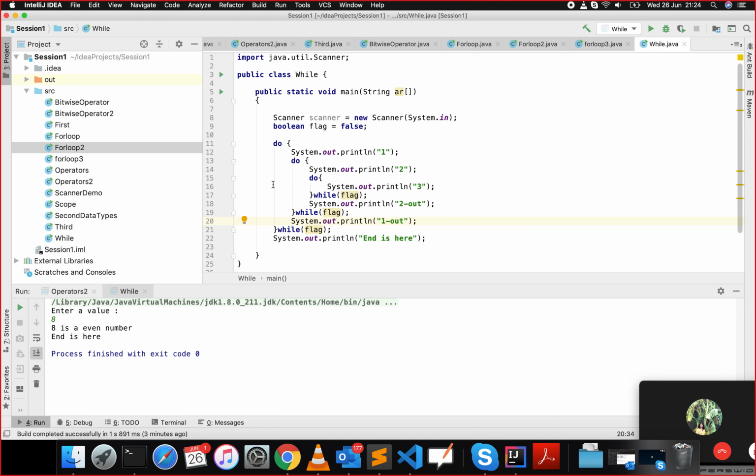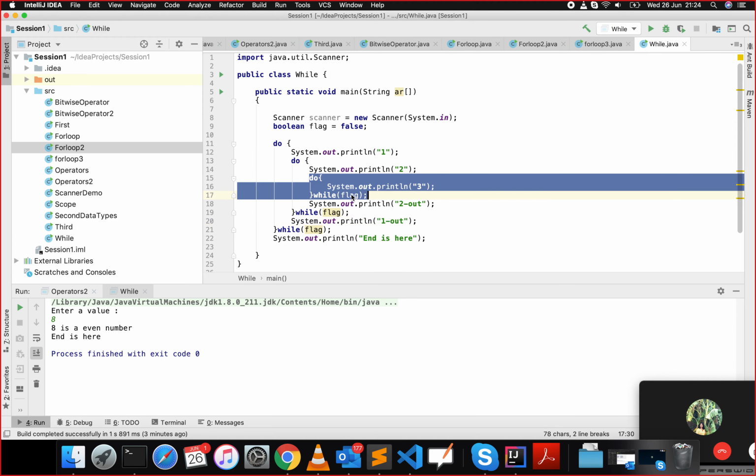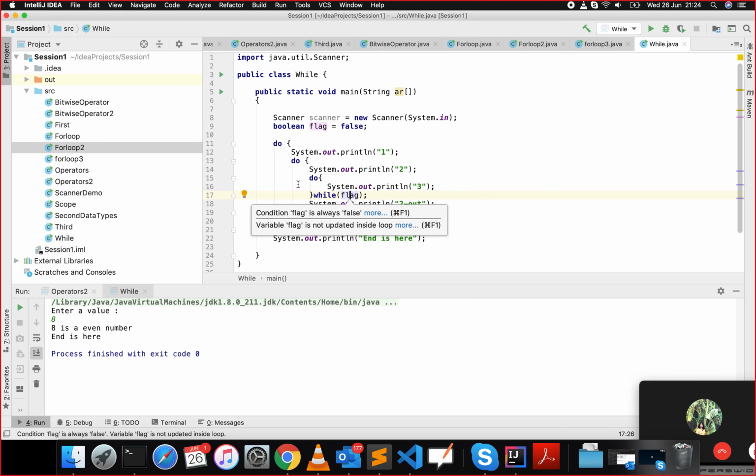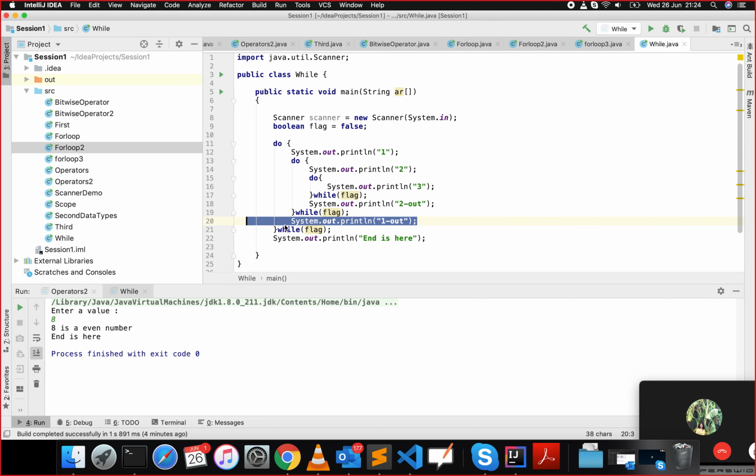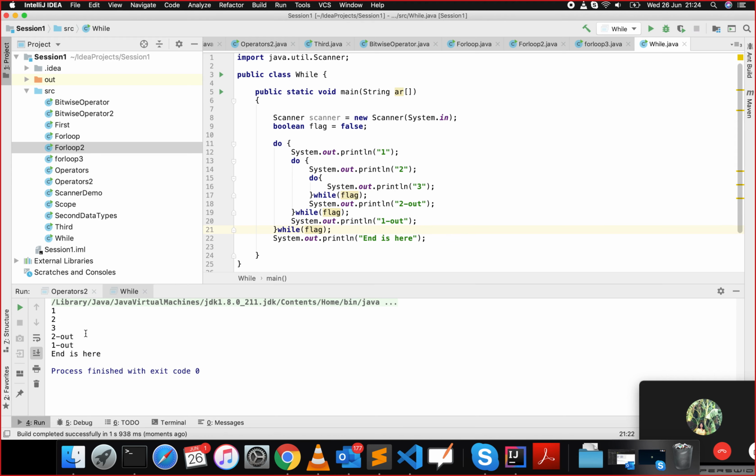Okay, it's exactly the same thing. First this block will get executed, and then it will see immediately the flag is false, so it will come outside, and then again this will get printed, and then this flag will be checked for the next iteration. Again, next iteration is not allowed because the flag is false, so it will come here again, and then it will check the next iteration. Again, the flag is false, so it will come outside here. Okay, it will print exactly in this order: 1 2 3 2 out 1 out, 1 2 3 2 out